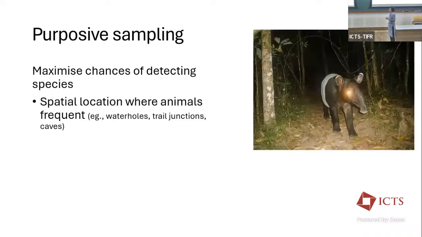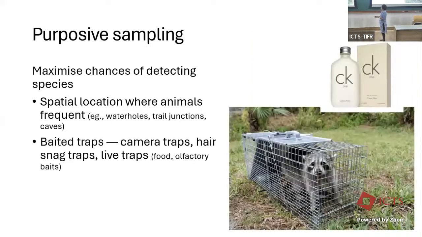So this might be about the spatial locations where animals frequent. So within a particular space, you might say, in a 100-meter radius around the point, I'm going to choose either trail junctions or water holes, where there may be more chance of seeing the animals. Or you may say that I'm going to make sure that I'm next to caves, so that I maximize my chance of seeing bats, things like that. Or if you're looking at human interactions, then obviously you want to go to areas where people are there. If people are not there, there's no question of